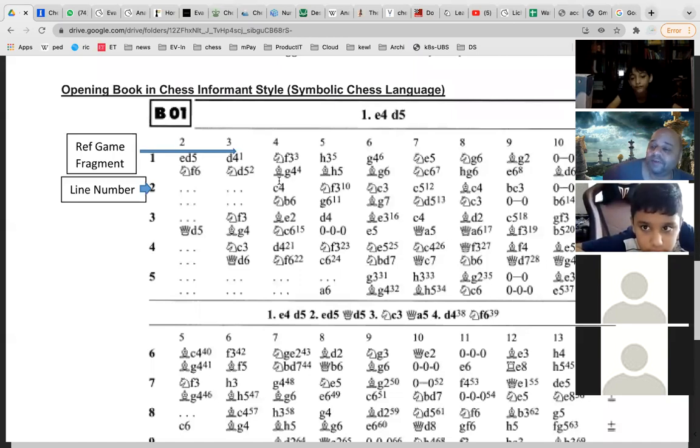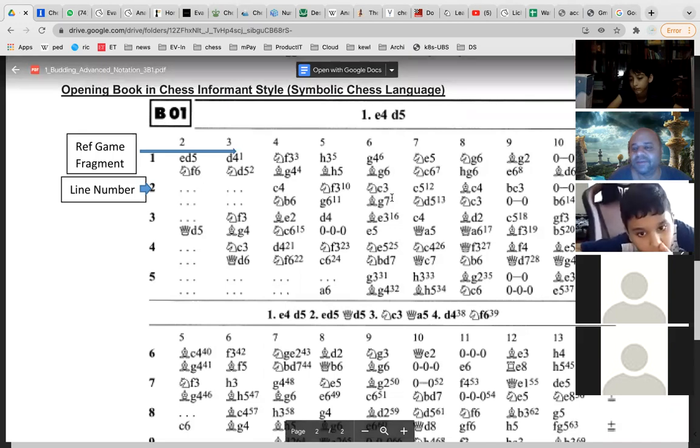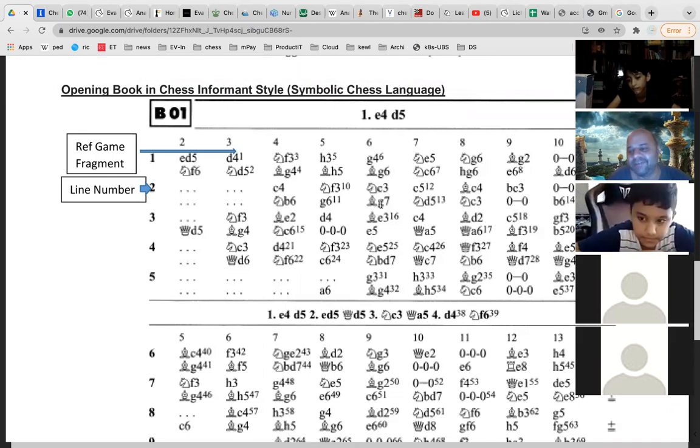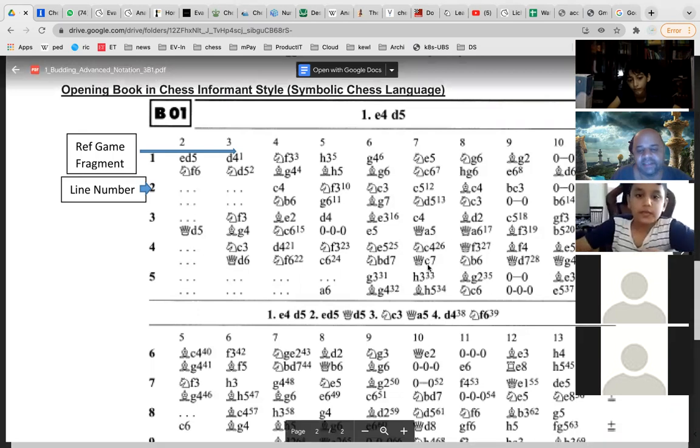Oh, you have to first of all buy it in a book or in ebook form, and then you will be able to see it. But nowadays it comes with a chess viewer and all, so you don't need to manually see it. It is there. If you go to Chessbase, then you will get it. But anyway, that's a separate thing. Please, I will just tell you.